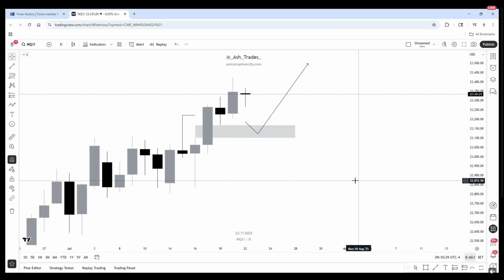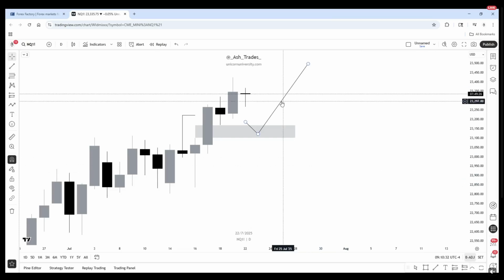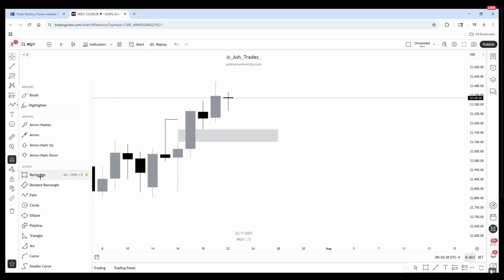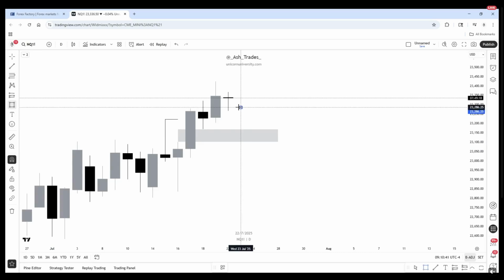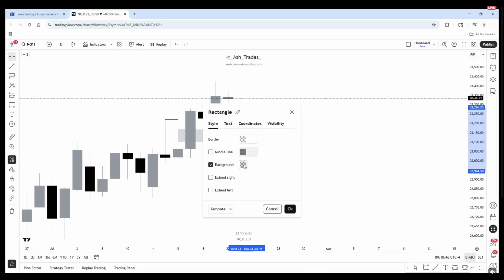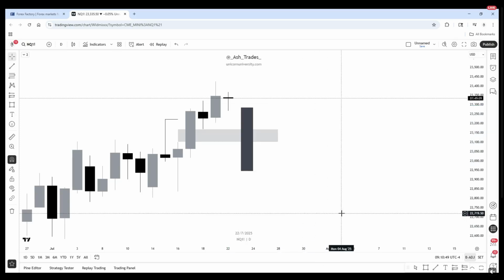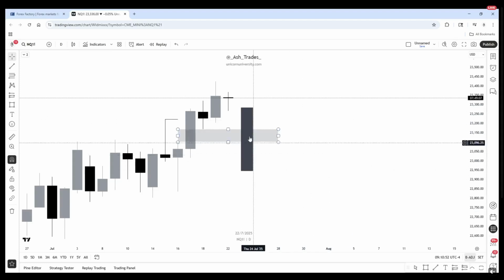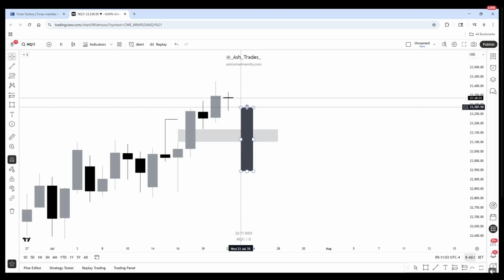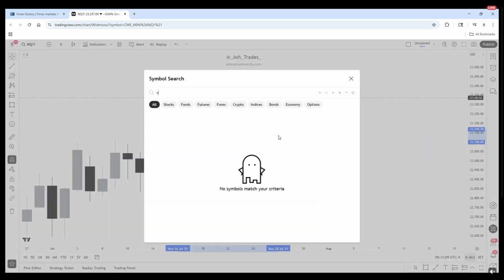Okay, so something that would be so clear and obvious that would make me change my bias from bullish to bearish would be an invalidation of this bullish FVG. So if we saw a daily candle closure like this, all right, let's imagine this is a down close candle. I tried to make it black because my down close candles are black. I don't know why it's gray, whatever. This is something that's clear and decisive, right? A large down close candle that clearly and decisively closes below the FVG,